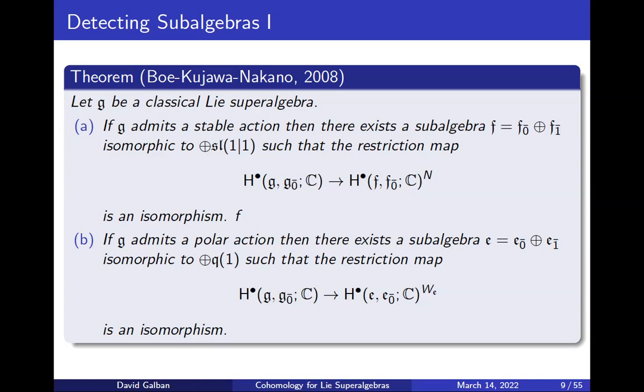A stable action is really if we just look at the action of the group corresponding to little G0. Essentially, we want to see if the set of points whose orbits are closed forms an open dense set; that's going to be a stable action. I think it's essentially polar if the orbits are